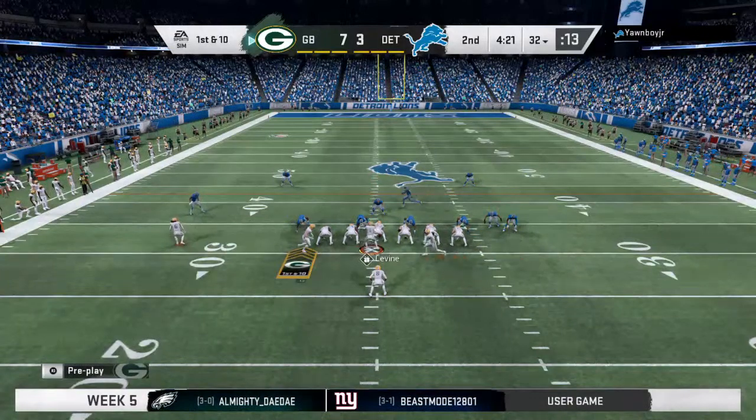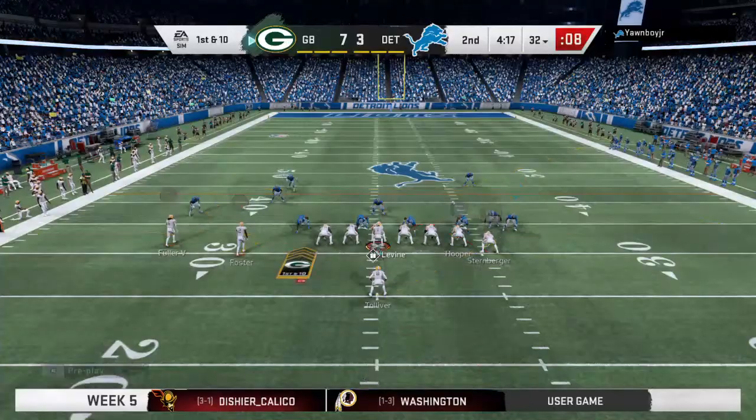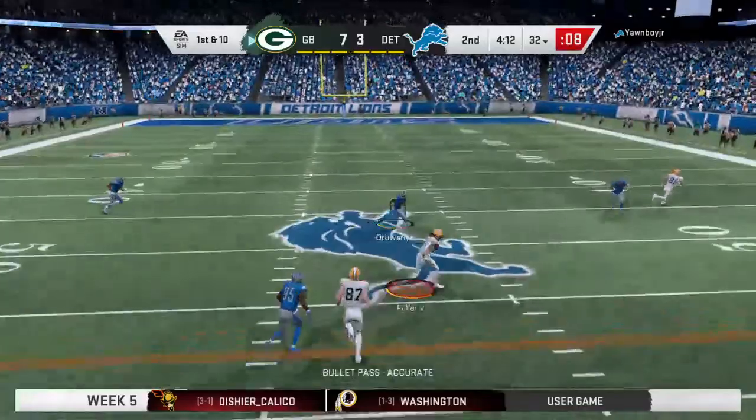You can only cover for so long. So maybe they want to go to a zone blitz scheme, get a little bit more pressure. Remember when Carolina did that against Denver? They lost the game ultimately. They dropped the defensive end out, and he ended up...